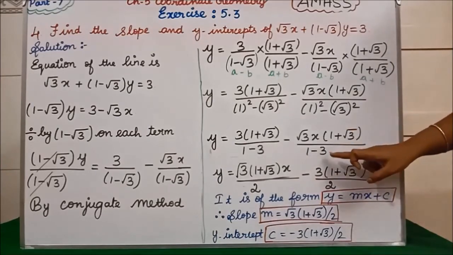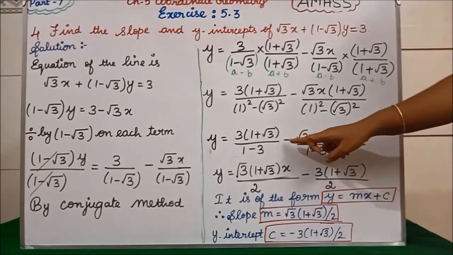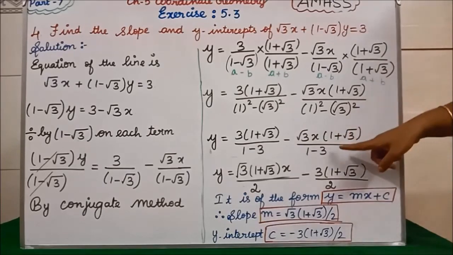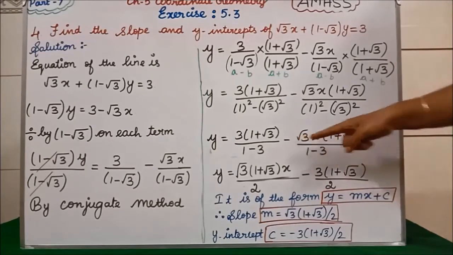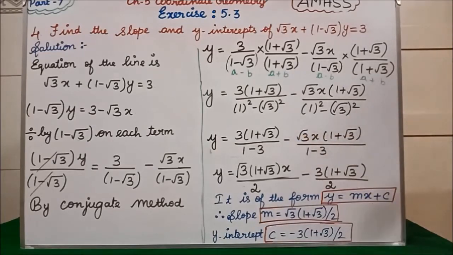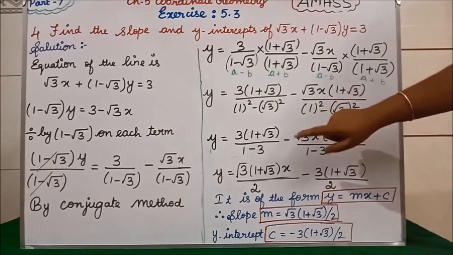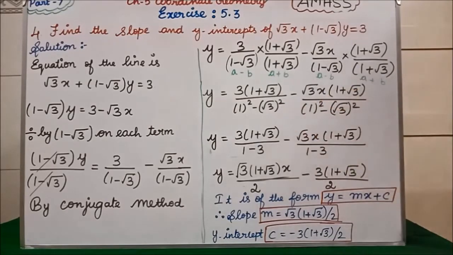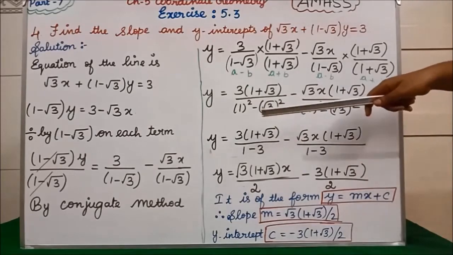See here, if you are getting minus 2, here already one minus. So, minus minus it will become positive, isn't it? Here 1 minus 3 means you will get minus 2. So here minus 2 in the denominator, one minus, middle one minus. So both will become positive. So root 3x into 1 plus root 3 divided by 2. Here minus, in between minus. Why we are writing minus? Because first we are writing the x term, because this x term now has become positive. So we are writing this x term first, then only we are writing this constant term.